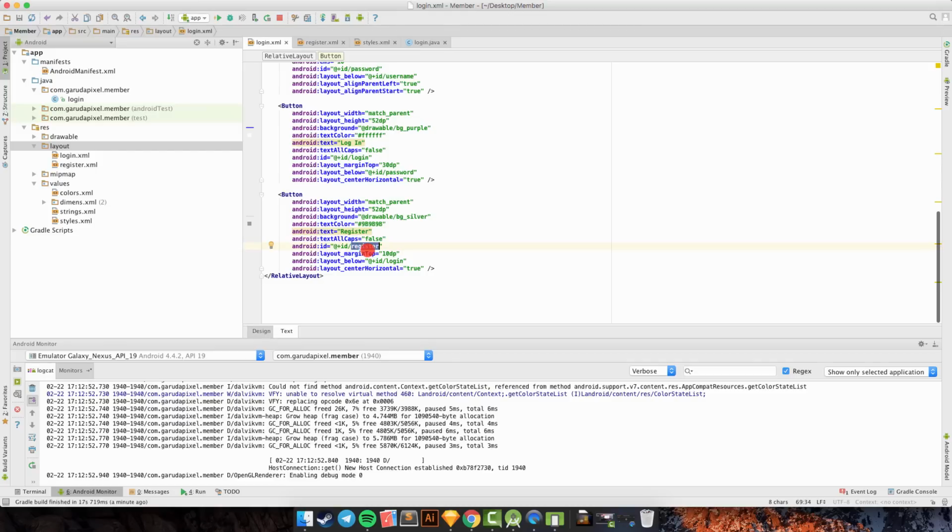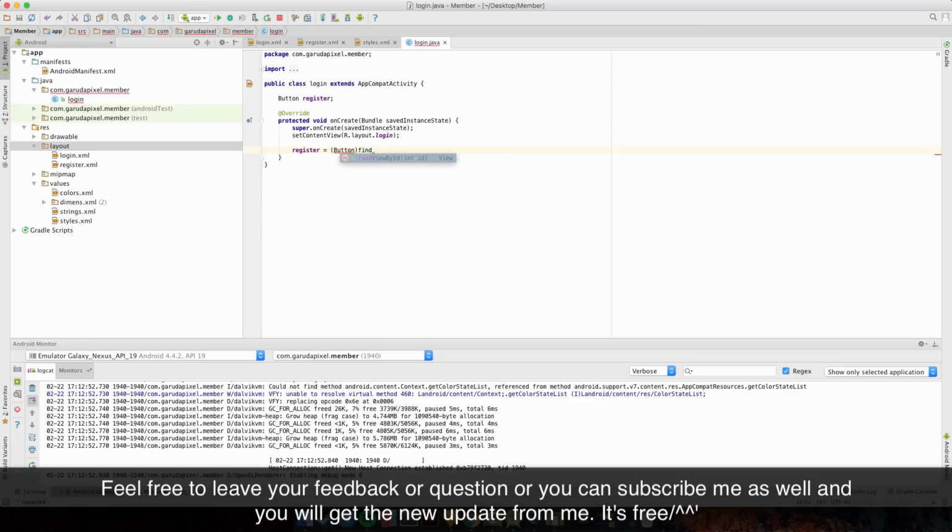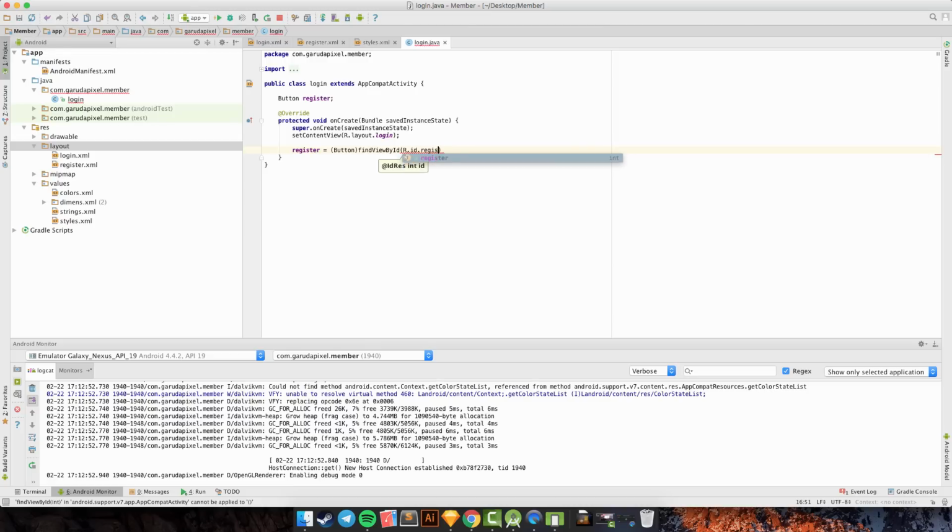Okay, so we go to Java and declare a new variable for register, and press Alt Enter. Okay, we import the new class here, and then I will write register, button, findViewById, R.id, and this is our button register.